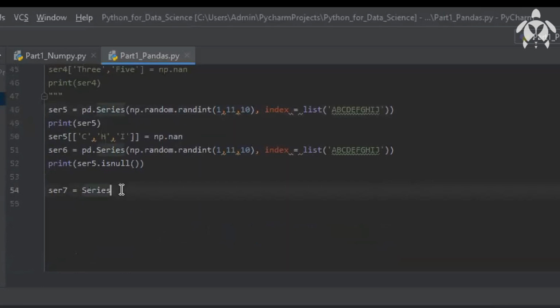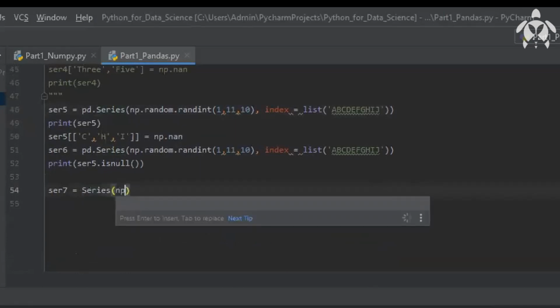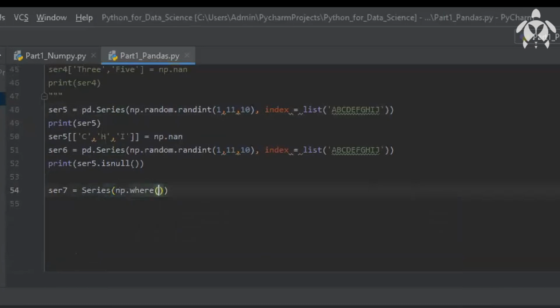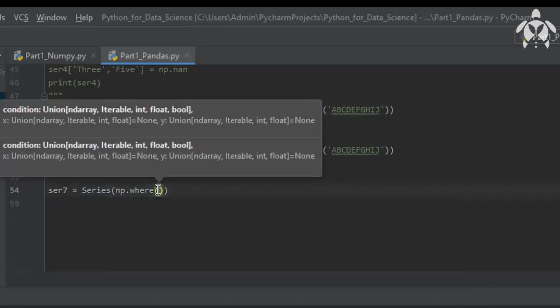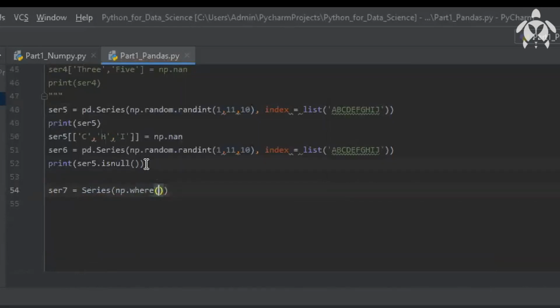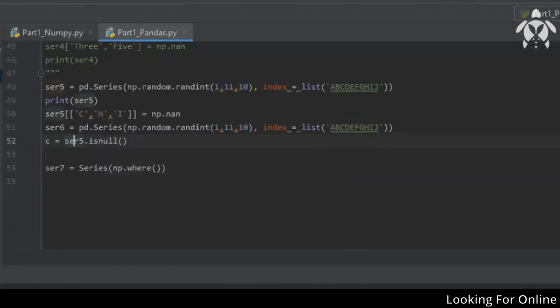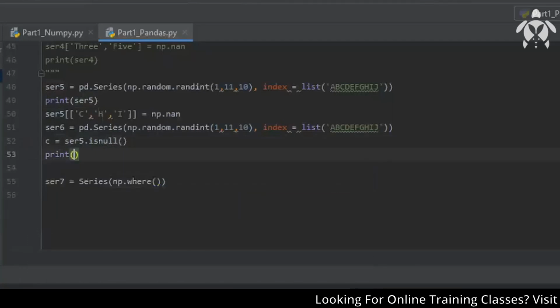So I'm writing Series here, and I'm giving a condition with np.where. Here we need to give a condition, right? C comma A comma B. C is the condition, A executes for True and B executes for False. I will keep the condition in C. C is equal to this. You can print C and get the same output.